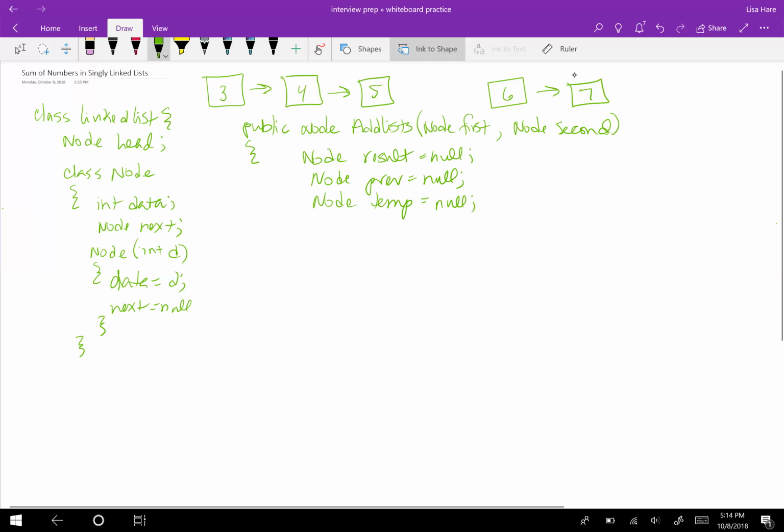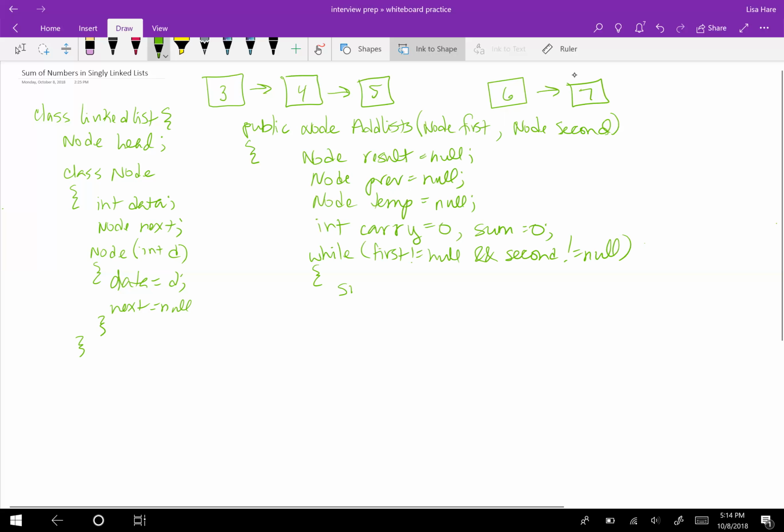Okay, and then we also have to keep track of our carryover values and our sum. Okay, so while first does not equal null, and second does not equal null, then we've got,